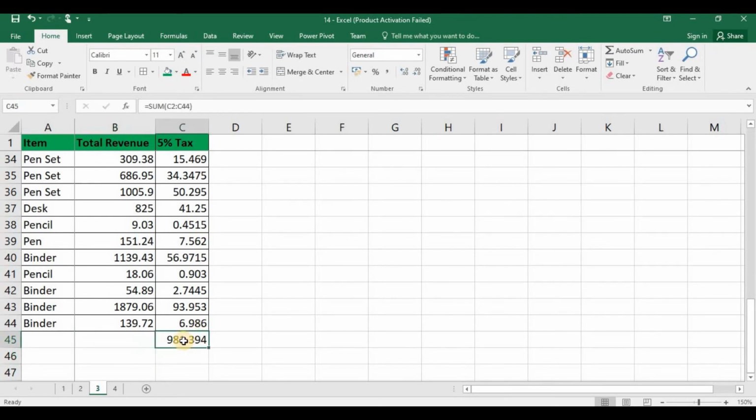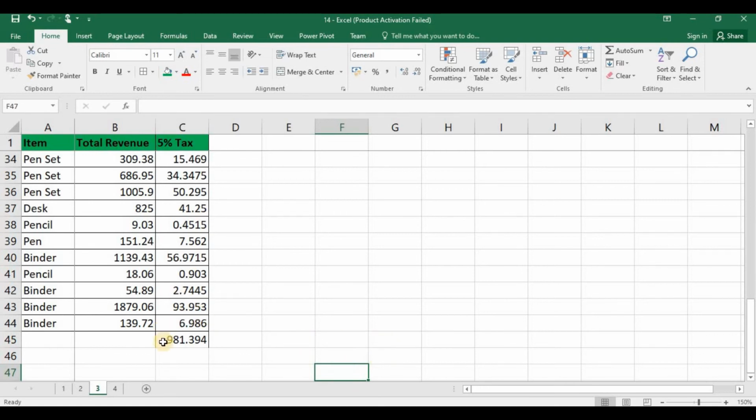You can do this using shortcut Alt plus equal symbol. This is called auto sum. Go to the cell, then press and hold the Alt key. Now press equal sign. See, total of this column has come. Please note that you can use this shortcut only if you have data beside the cell. If there is no data beside, then you can't apply. Suppose if I try to apply auto sum here, it won't happen because there is no number beside this cell.